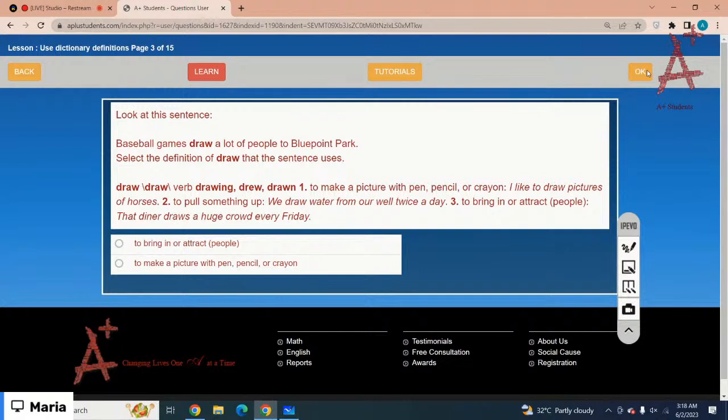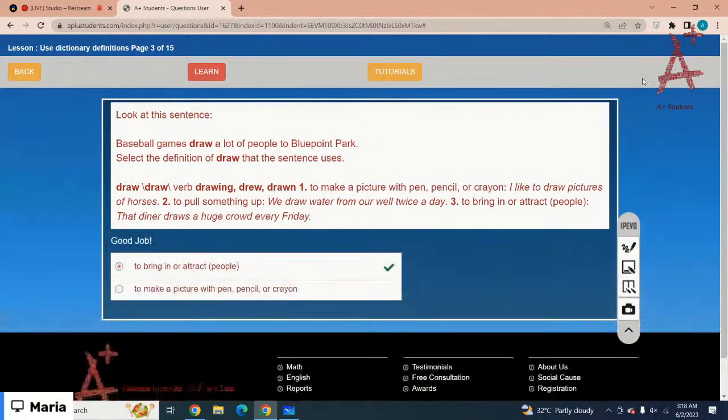So here the word draw means to make a picture with pen, pencil, or crayon, to pull something up, and to bring in or attract, which is the correct option. Yes, that would be option number one, to bring in or attract people. Got it? So here the word draw means attracting people. Got it? Okay, the next one is